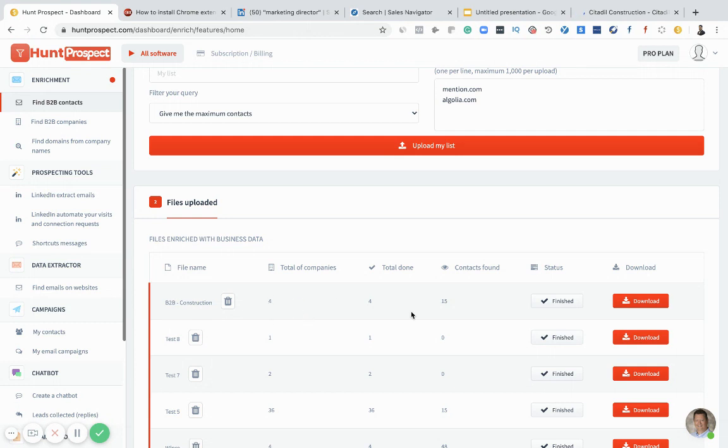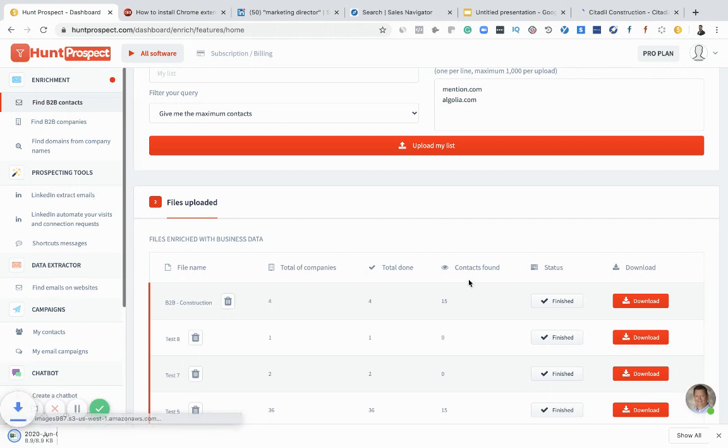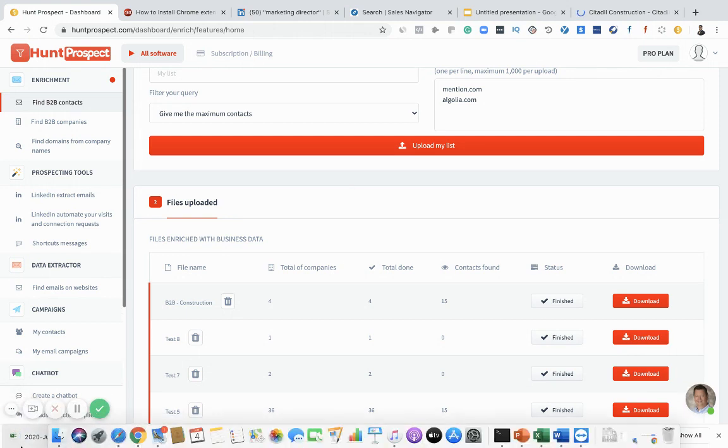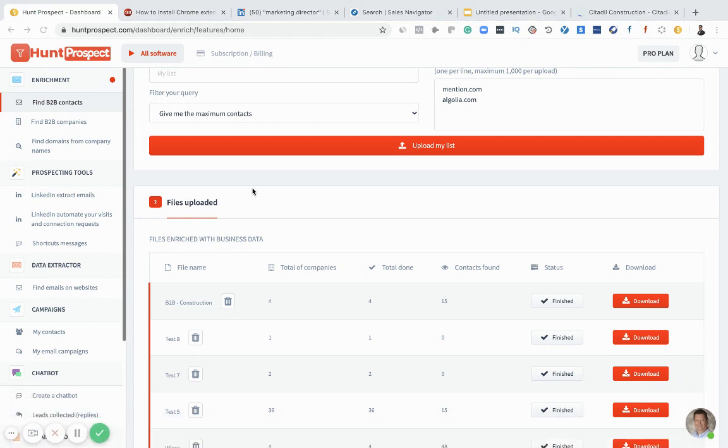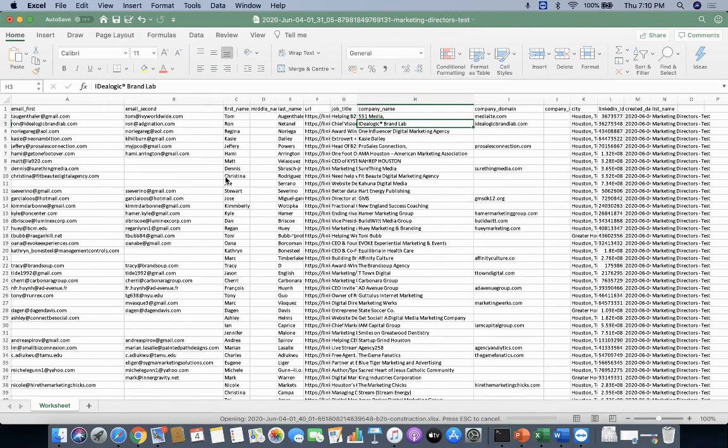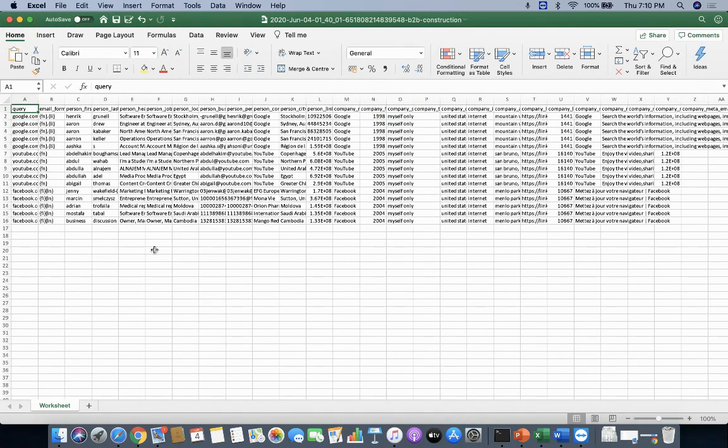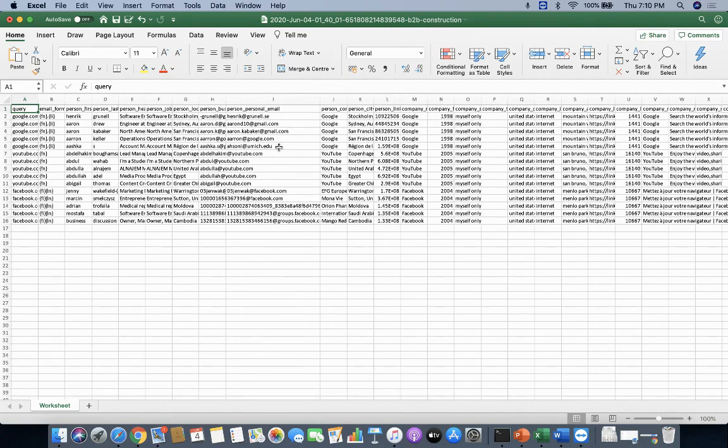Now I see that four companies are in total, contacts found as 15. So I'll download it. Let's check it. So I see the email IDs of all different companies and the domain I uploaded.